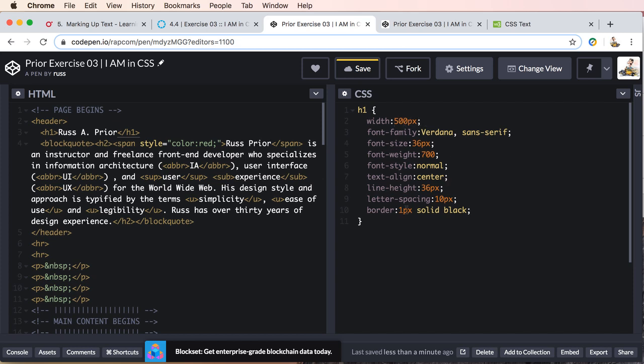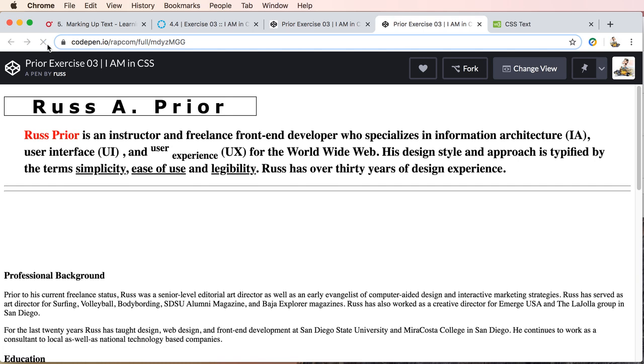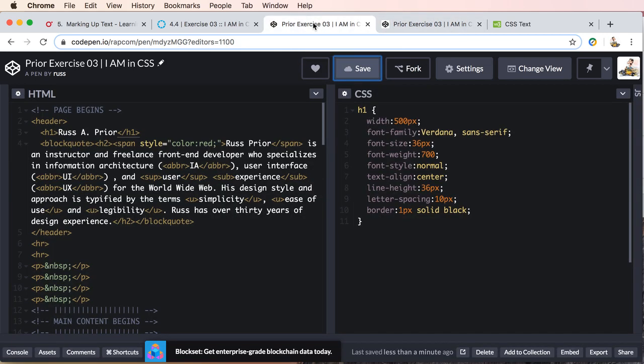And then the text-align will be center. So let's save and let's see what happens. All right, so my element is still starting over on the left-hand side, which it should, but now my element is 500 pixels wide. So let's go back, and after letter spacing, we'll press return, and we will add margin,